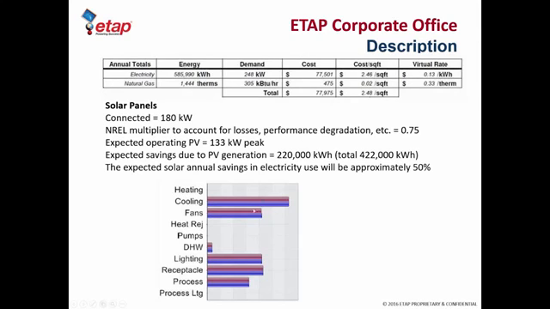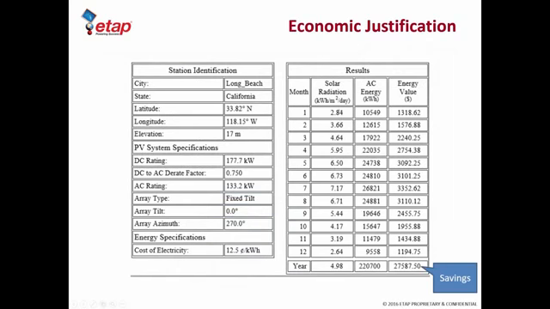So that was the main goal, to cut down the demand, especially during peak afternoon, because that's when the HVAC units are running at their maximum power, and that's really the peak that we wanted to shave using the PV panels. So we started with that, and we went into the economic justification. This is just a quick summary of the output of the economic justification. And as you can see, the calculation was done for a whole year, and we were expecting savings of about $27,000 on our electricity bill